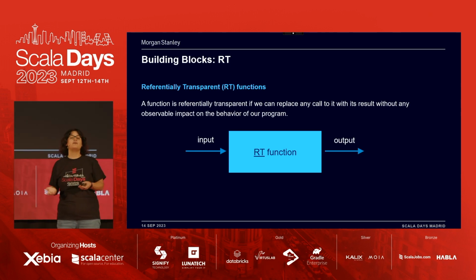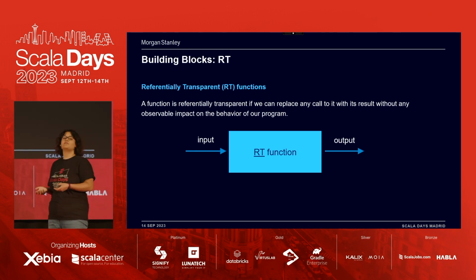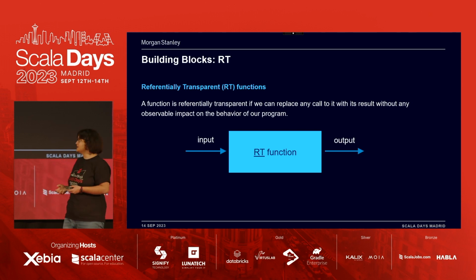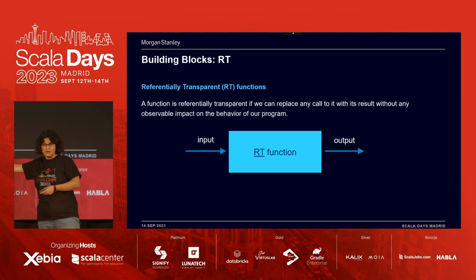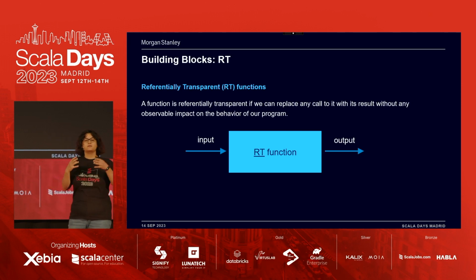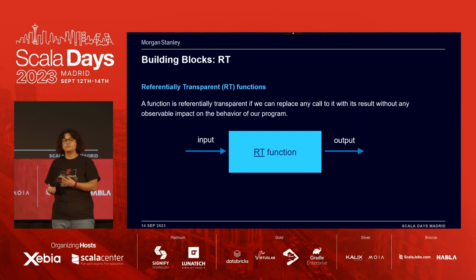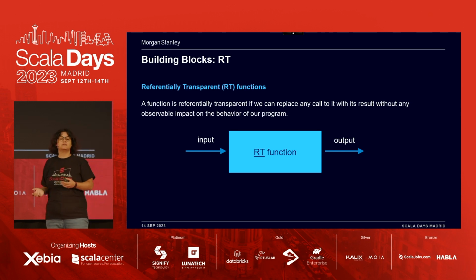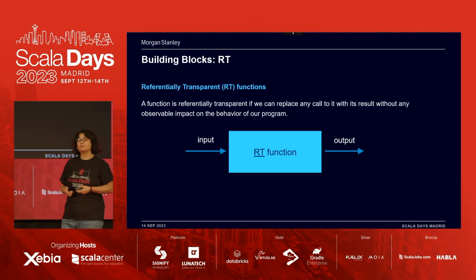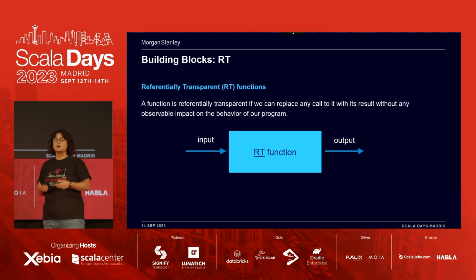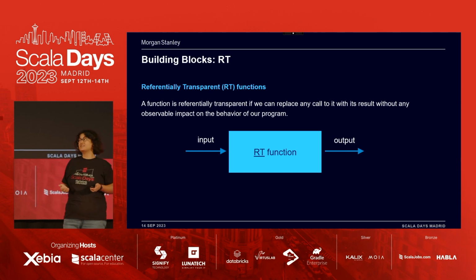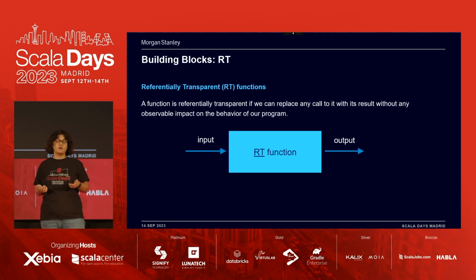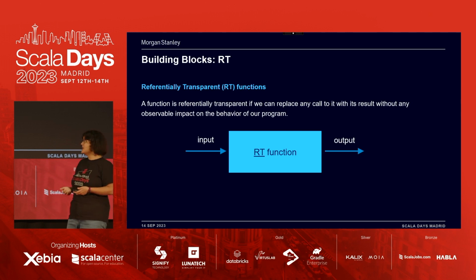So imagine I have a function, and if this function is referentially transparent, meaning that all the inputs of my function represent all the things that have an effect on my output, then I can do some really cool things with it. Because it's guaranteed that given the same inputs, I get the same output, I can do all sorts of optimizations. So for example, instead of calling that function, which might be quite expensive sometimes, I can just cache the result and then reuse it.